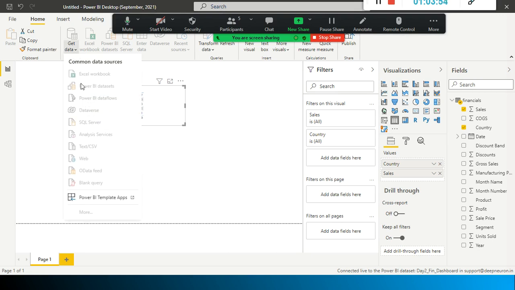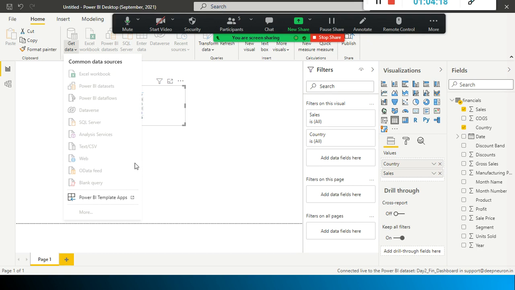Fine, guys. To summarize today, we have learned how to connect to OData, the Open Data Connector, which is nothing but a REST API, and how to fetch data from the cloud using REST API. For this kind of REST API, you need to know the address. I'll share the link also.